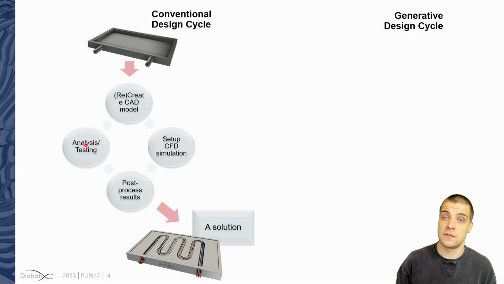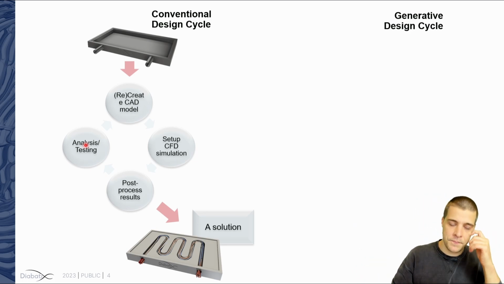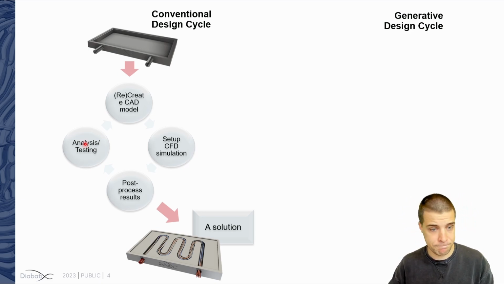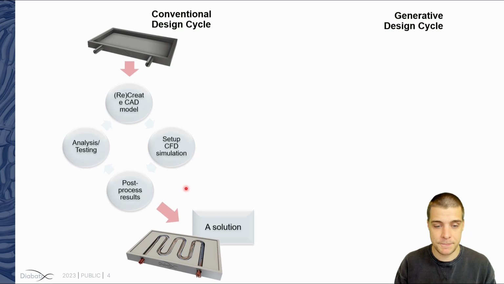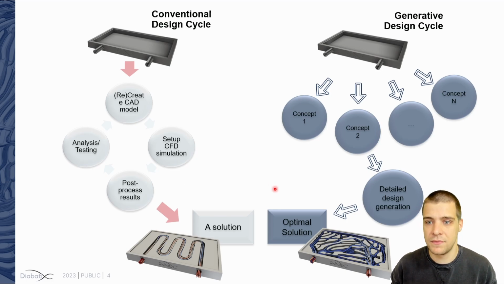So they will then analyze if I change, for instance, a fin there or some material there, how those modifications will potentially result in a better design. And then they loop through this until they get a solution. So as you can imagine, it's quite a time-consuming process. And the amount of iterations that can be performed within a given time frame is limited, especially if the deadline is very, very tight. So that's where we come in with our generative design software, where the problem starts, of course,